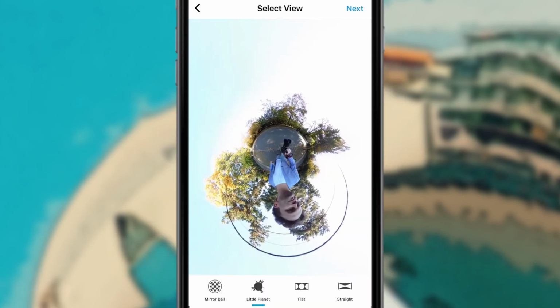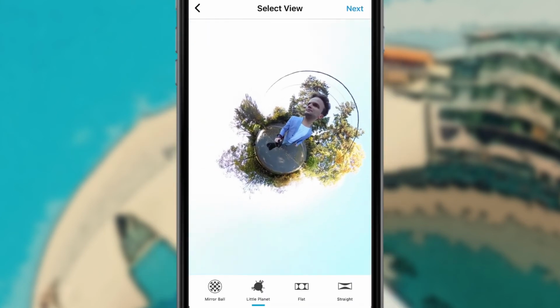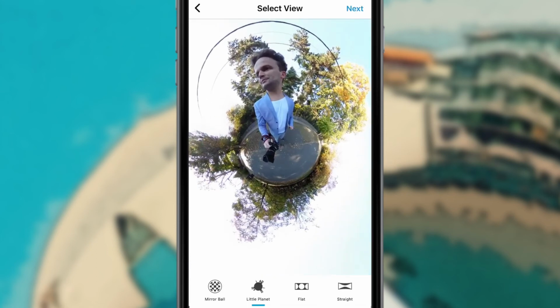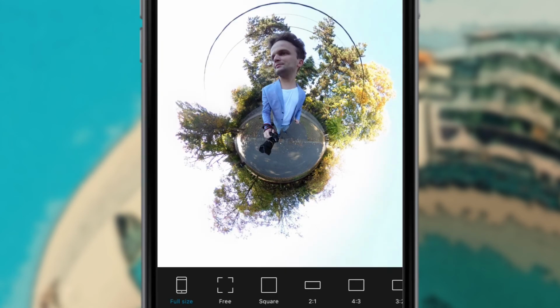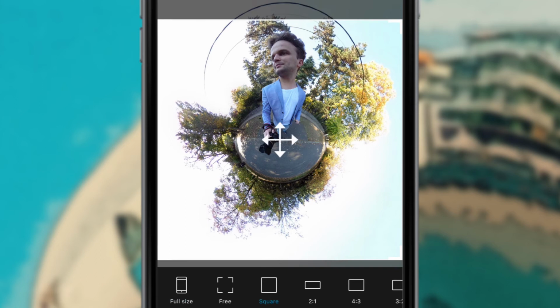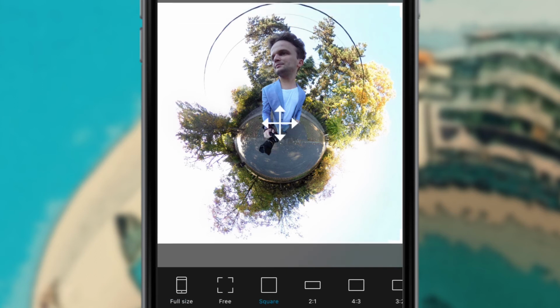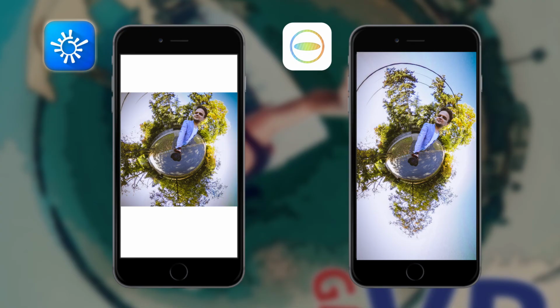Then I browse the image and choose Little Planet View. RollWorld creating square images affects the photo very differently. Of course you can crop the image in TeraPlast, but it doesn't affect the whole geometry of the image. I just crop out the middle of it. So most of the times I prefer RollWorld for Instagram, but in Instagram stories, TeraPlast is much better because you have a full screen size little planet. It looks better than cropping the square image you created in RollWorld.